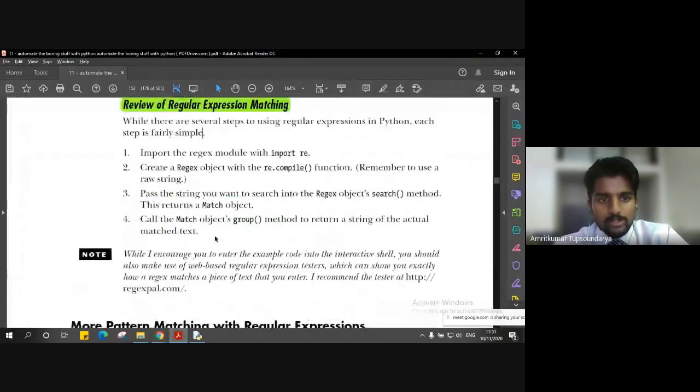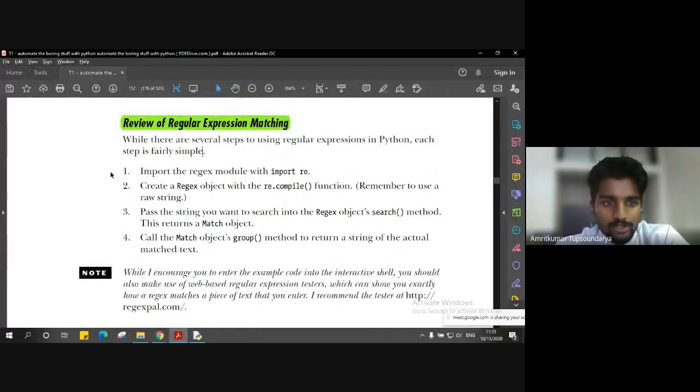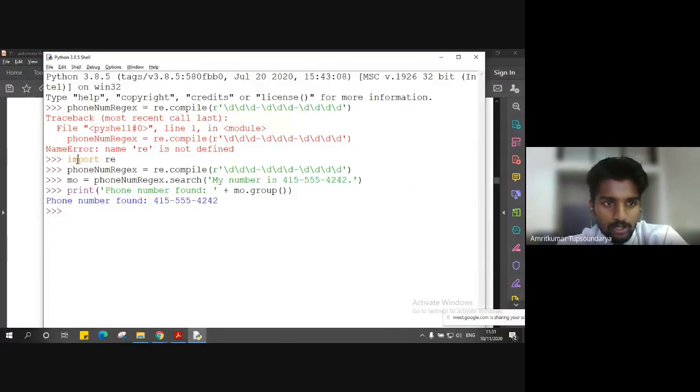The first step that we discussed was importing the regular expression module. For example, you saw here that I forgot to import the module re. I forgot to give this instruction in the code, so that resulted in an error that name re is not defined. It is not defined here because of re.compile; we have not imported the regular expression module. Once we import it, you no longer get that error and you can execute it.